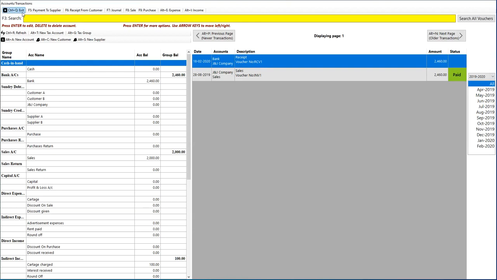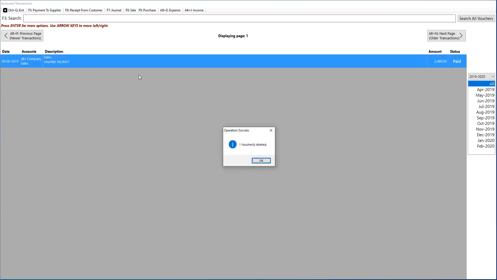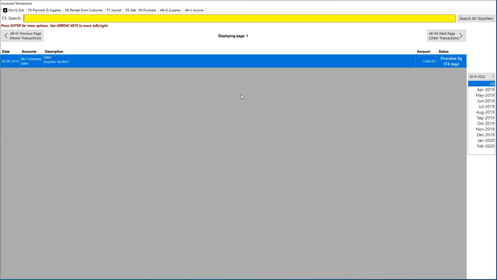Okay, let's see what happens if we delete the payment. Suppose we have deleted this receipt. Okay, we will go to transactions again and check, and it will show you overdue by 174 days because he has not paid you for these days, right? So once you make the payment or receipt against this voucher, it will show you as paid because you have